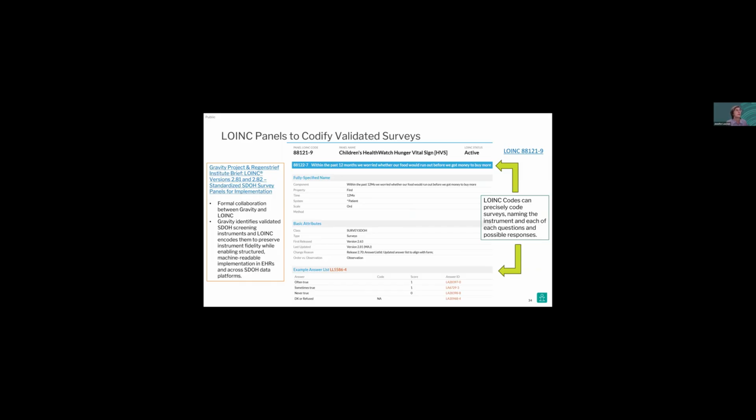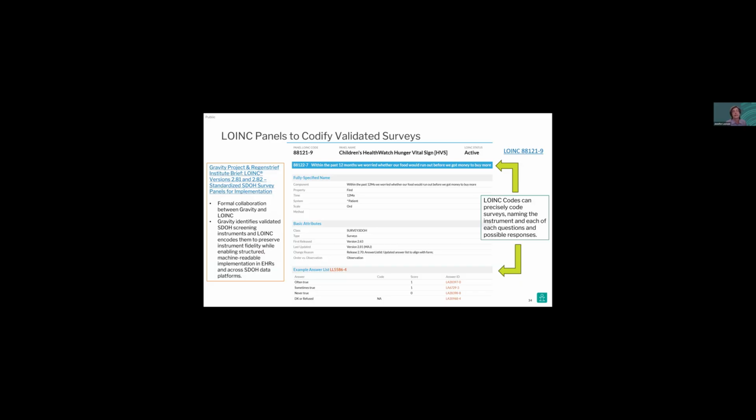The link to the publication on the left describes this formal collaboration, which is to advance interoperable representation of health-related social needs data. The slide also shows the LOINC panel coding that designates a code to identify the survey, in this case, a Hunger Watch vital sign survey, a unique code for each of its questions, and